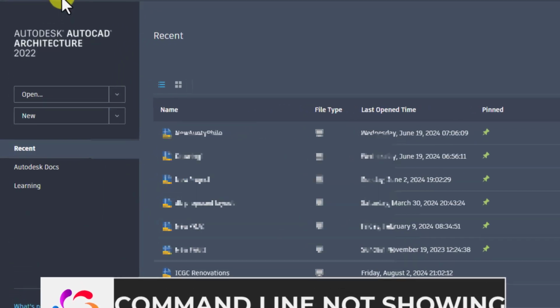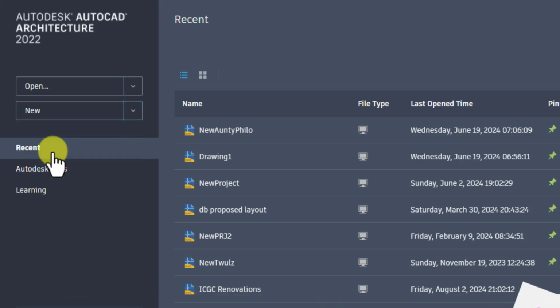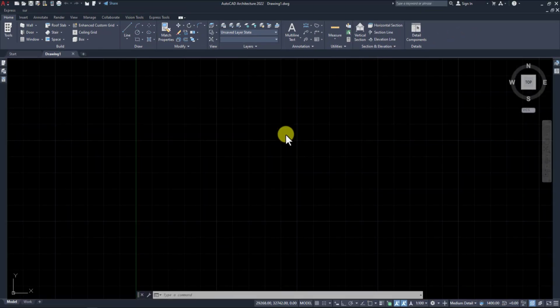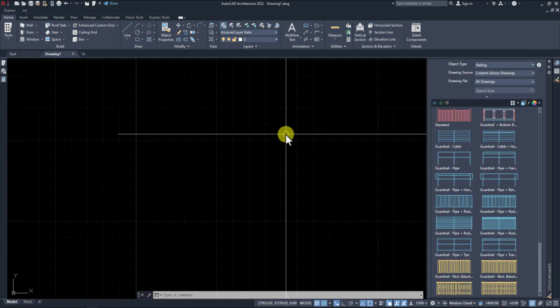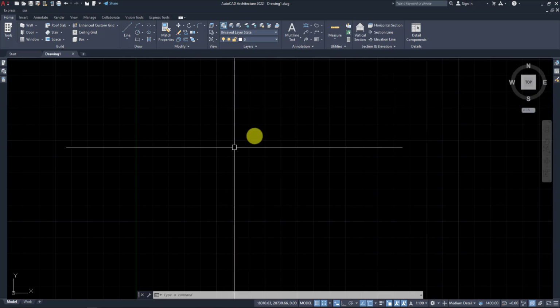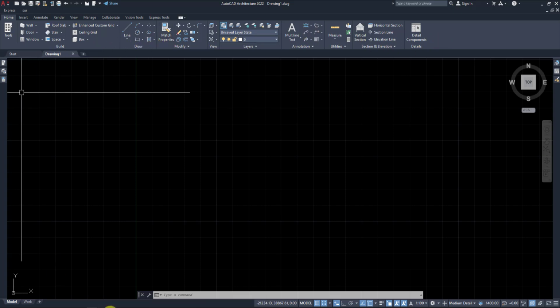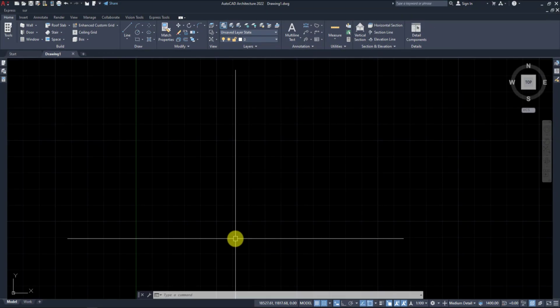So I will open a new drawing, just click on the drop down menu, then I'll click on this one. So now our AutoCAD is open, and now we could see everything on our working area, our desktop and all this stuff. Our command line is showing. Okay, so how do we